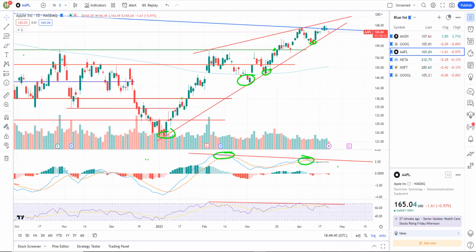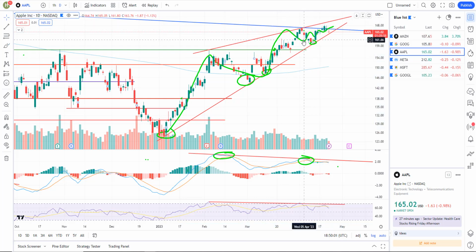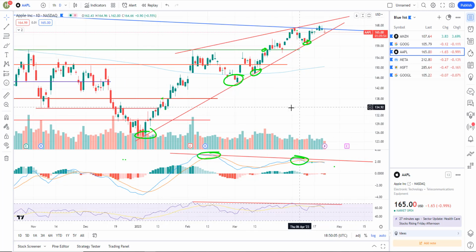Okay, so today I'm going to start off with Apple. I really want to point out what I'm seeing in the charts and what I'm looking for. On Apple, you've got this daily chart. We have a bearish rising wedge right here. We've just been moving higher, consolidating within that wedge. That's a bearish pattern where you're typically going to break to the downside.